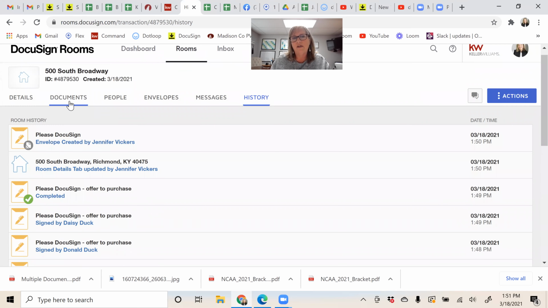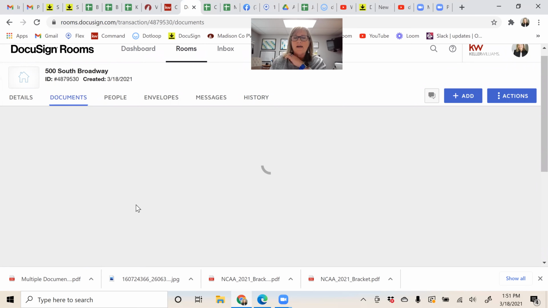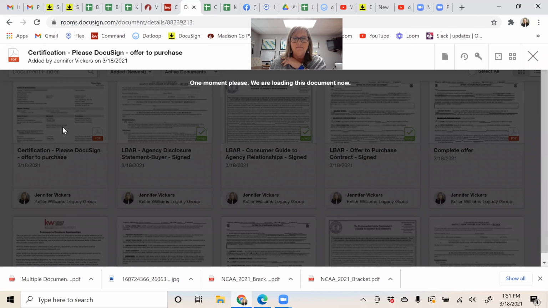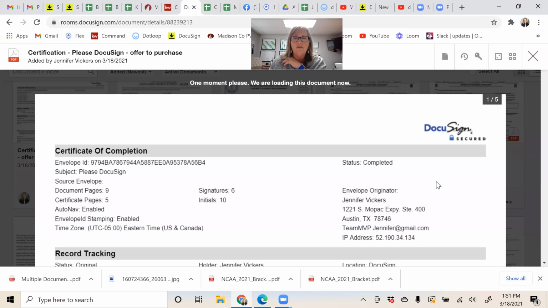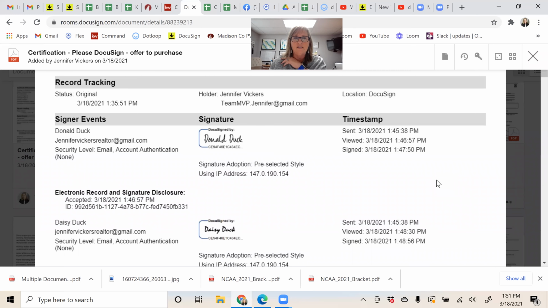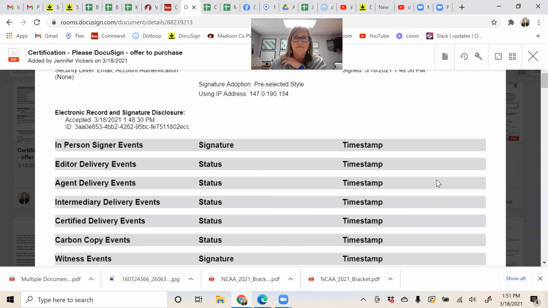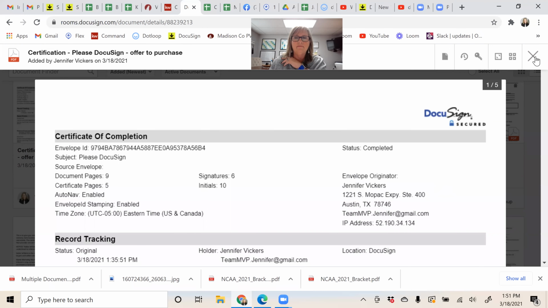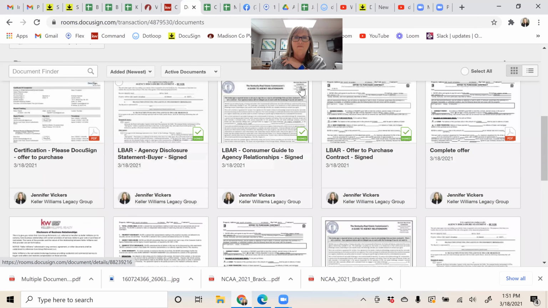Another thing that you have under the documents, once everybody signs, you'll get this document right here, certifying the signatures. So the date stamp doesn't necessarily have to be on there because here's the certification. When you click on it, you can see here what has been signed and who signed it and all that. So that, in a nutshell,